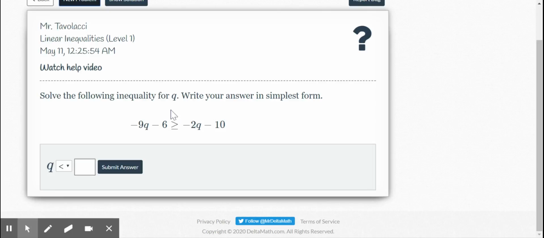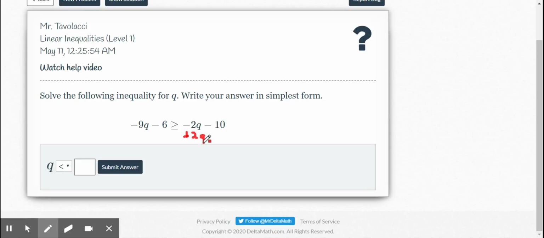Okay, this is the last section. This is going to be a little bit more challenging, but nothing you haven't faced before. Now we're going to have variables on both sides of the inequality, so we're going to have to bring everything to one side first. I prefer to bring it to the left-hand side, so I'm going to start by adding